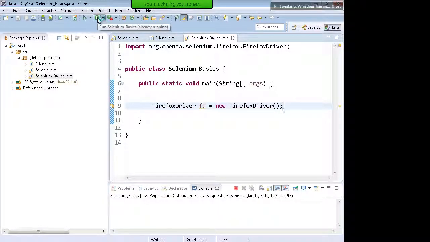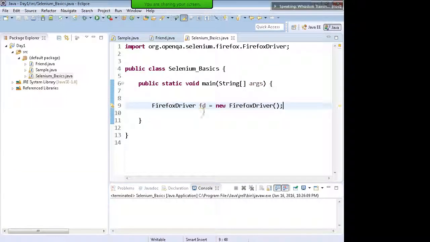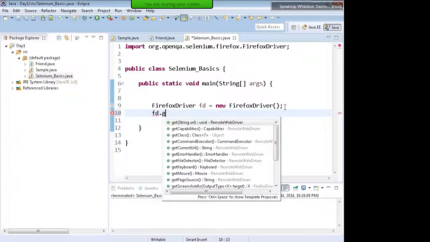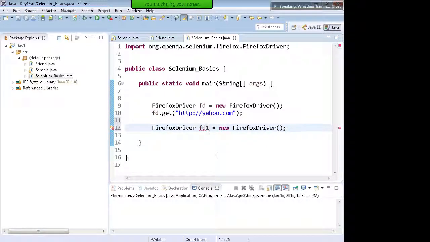When you run this, you will see Firefox opening up, as I told you earlier as well. With this object you can fire many functions on the Firefox browser. This is the reference to Firefox driver. I can write fd.get. Get is one of the functions. Get to which URL? Say http yahoo.com. If I want to open another Firefox driver, I can create another object, fd1, and fd1 dot get to